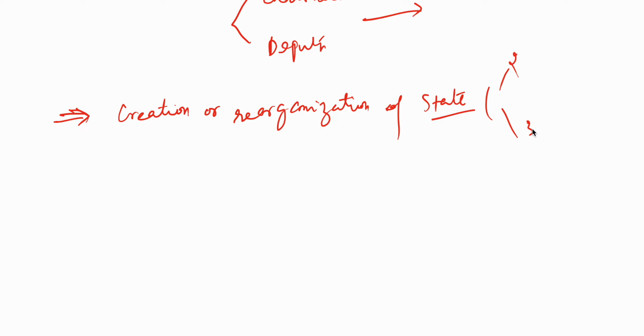So Article 2 maybe. Creation of states in Article 2. What is Article 3 then? So Article 3 is about the alteration, as in the name, the boundaries, and so on,